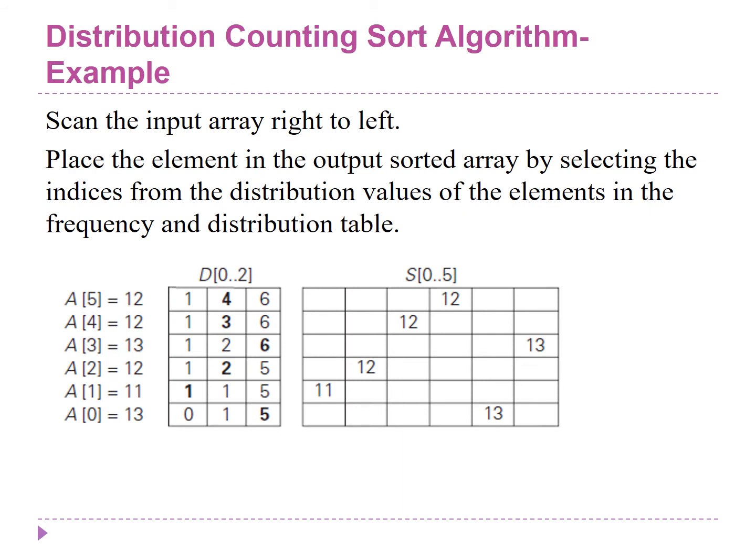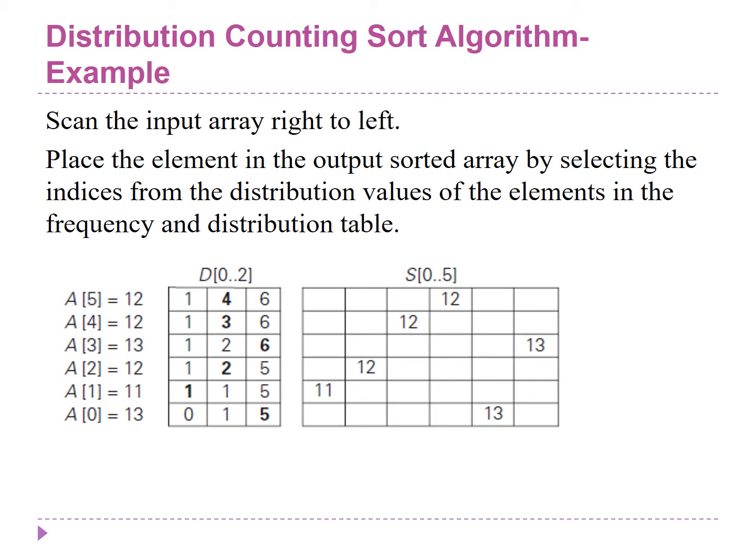After building the frequency and distribution table, the algorithm scans the input array from right to left. It places the element in the output array by selecting the indices from the distribution values of the elements in the frequency and distribution table. Hence, in the given example,